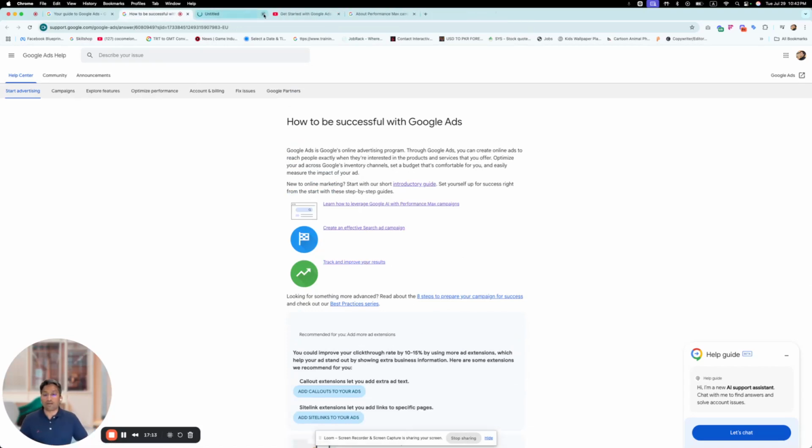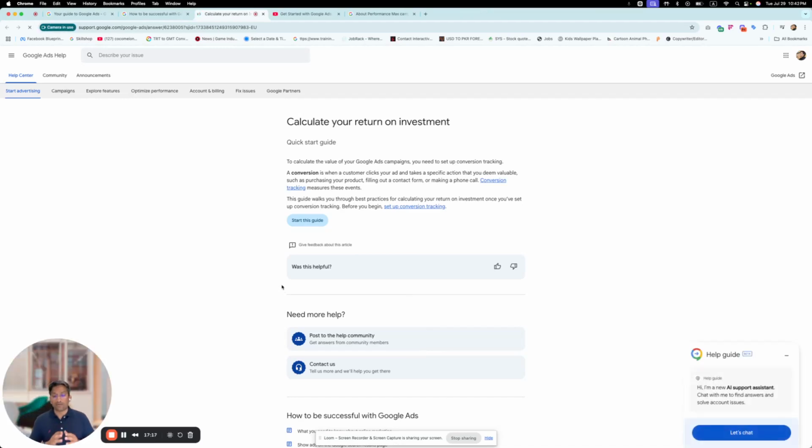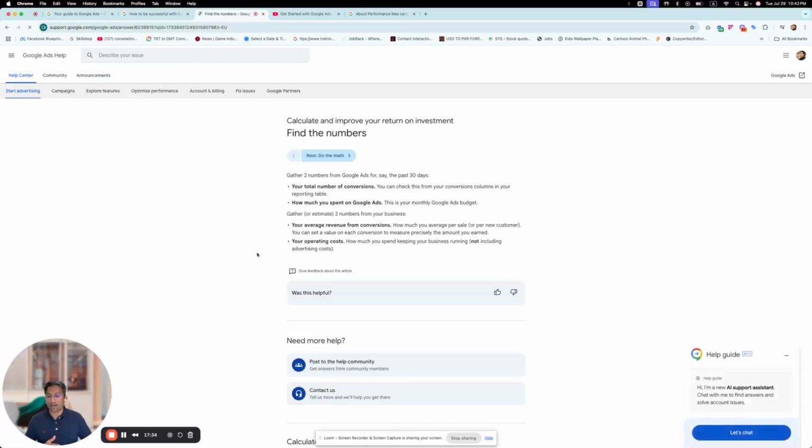This is the thing that I already mentioned to you. When you are starting on Google Ads, you should be able to track, and you should be able to optimize later on when the data is being collected. Let's look into this guide very quickly and see how that looks. Yes, it talks about the conversion that I mentioned, but this article doesn't talk about how you can do that.